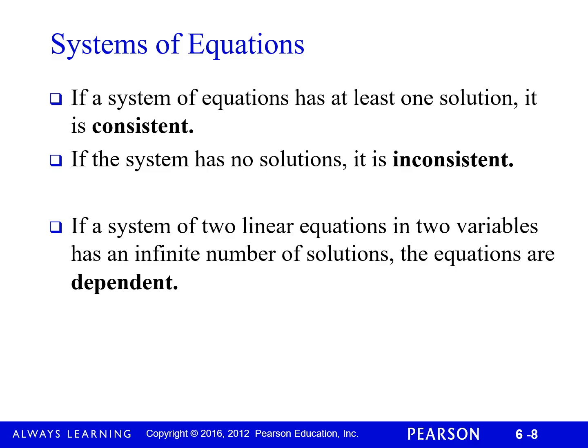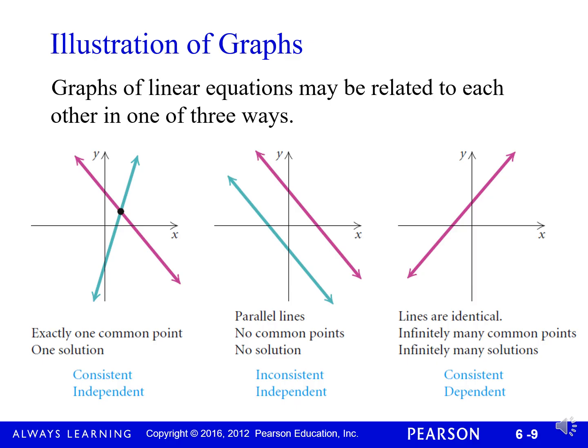If a system of two linear equations in two variables has an infinite number of solutions, we call these equations dependent. And the only way this is going to happen is if they are literally the same line. Otherwise, they are not. So here we can see cases of exactly one